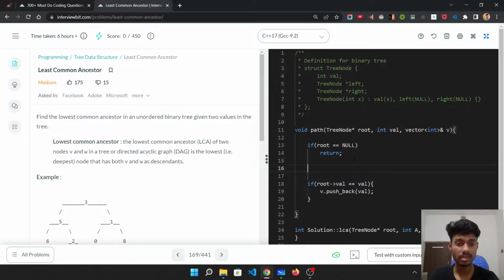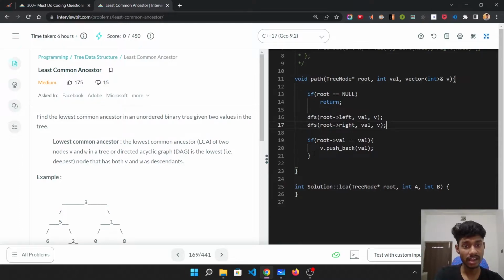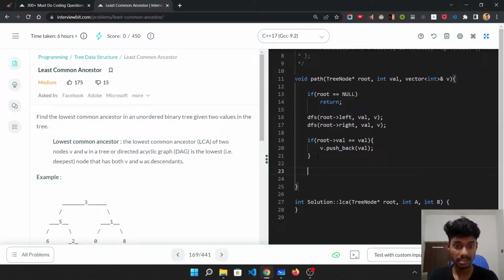Now before this, I am also traveling to the children: DFS root left, val and v, and DFS root right, val and v. What I am doing is, I am traversing to the children, and after returning back, I am checking if I am at the position where my root value is equal to value, then I am pushing it. And now when I am going to the parent, now when I am going back,